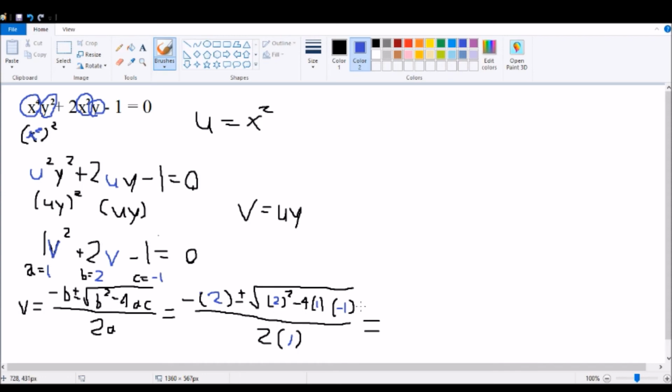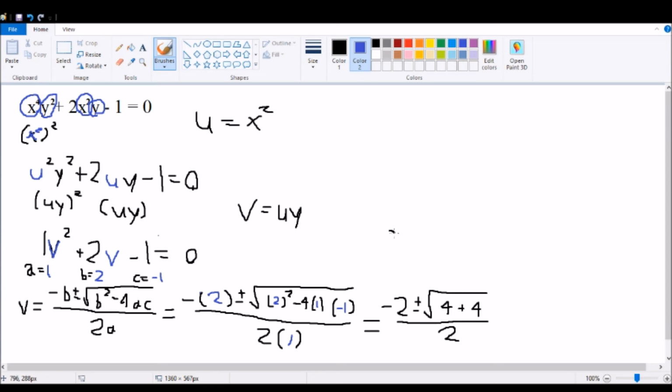So here we're just going to have a -2, and then plus or minus the square root of 2 squared, which is the same as 4, and then you have a -4 times a -1. A negative times a negative is a positive, so we're just going to have 4 times 1 times 1, which is the same as plus 4, and that's again going to be all over 2 times 1, which is 2. And so then we can add both of the 4's in here to get the square root of 8,